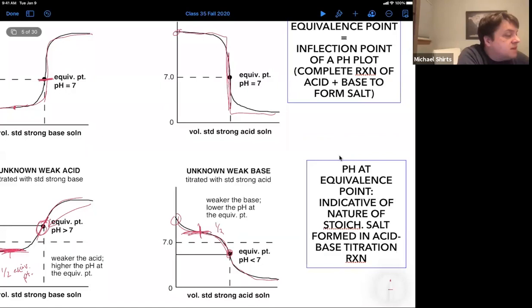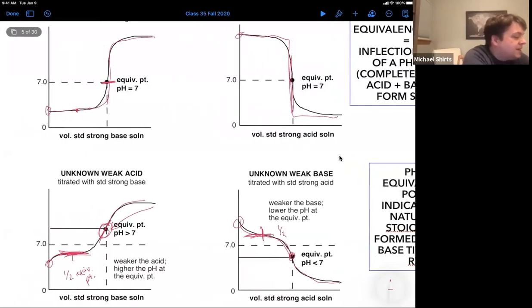And I think those are the main points to go on here. As we think about it, see if you can think about what the pH would be at this point where it's flat. What is the pH going to be equal to at that